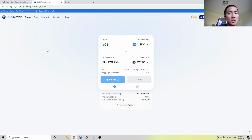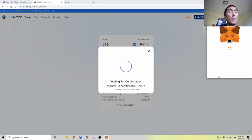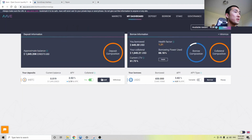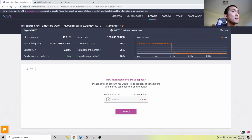And I'm going to be just doing this loop over and over again until I can get 2x exposure to Bitcoin. So after my thing got approved, I can actually swap it now. And so once I actually purchase Bitcoin, what I can do is go back to the dashboard and deposit more Bitcoin, right? So right now I have $1,000 of Bitcoin with $650 borrowed against it,